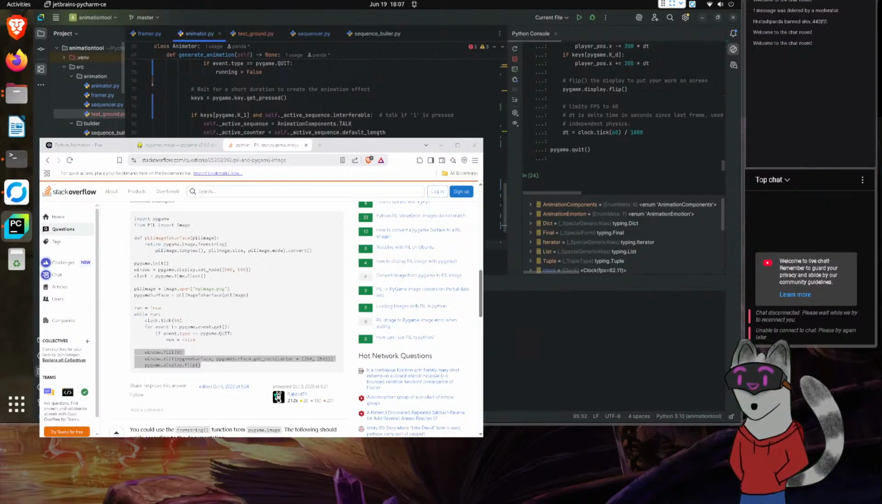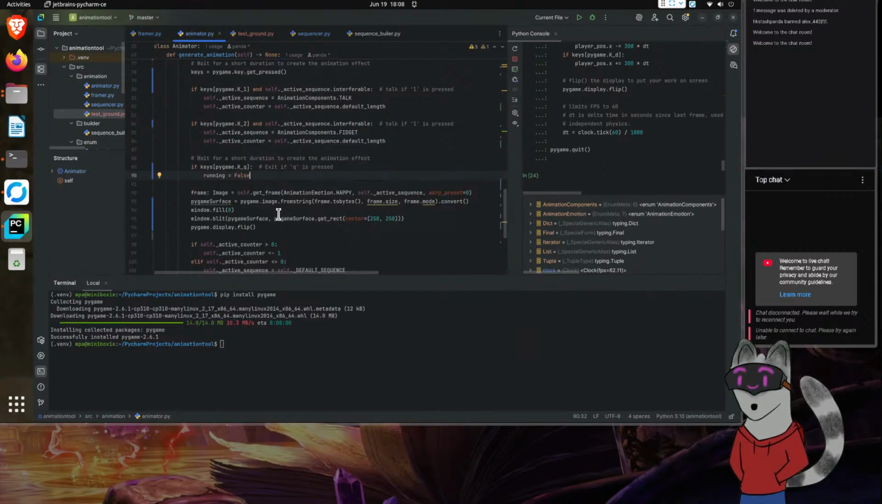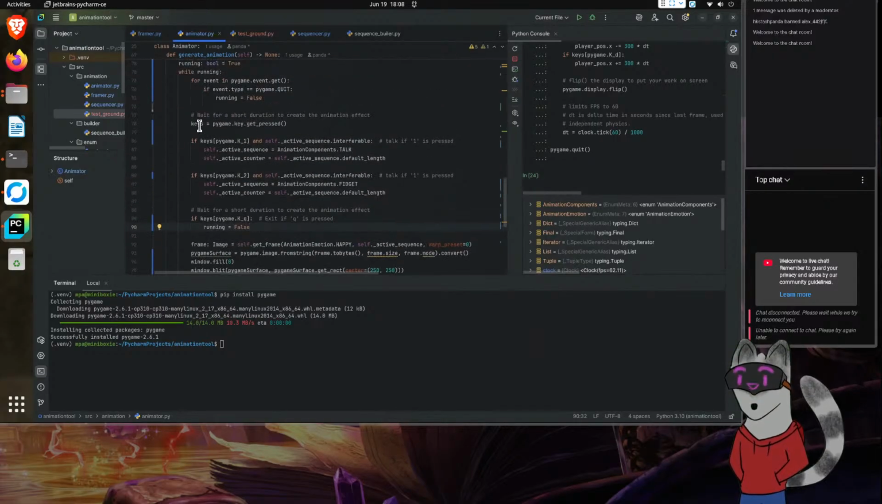There we go, and then Pi surface happens to just be... It happens to be this. There we go. Okay then. Okay, I think this might be it. So what I've done here is we've added in